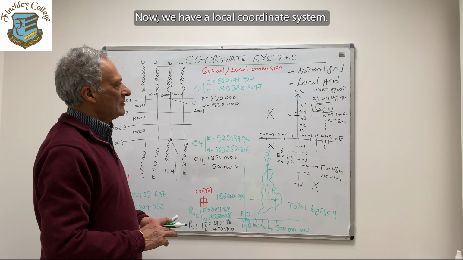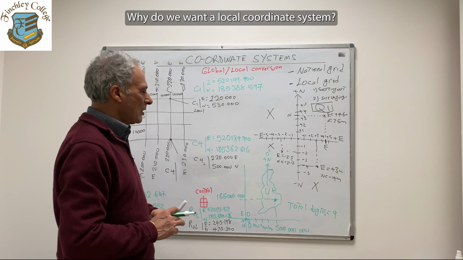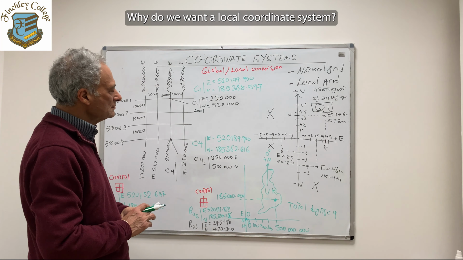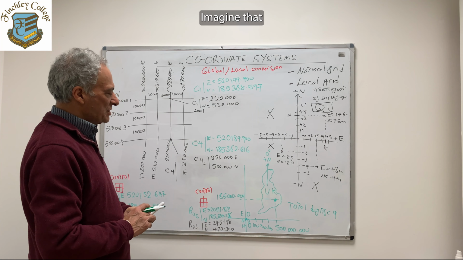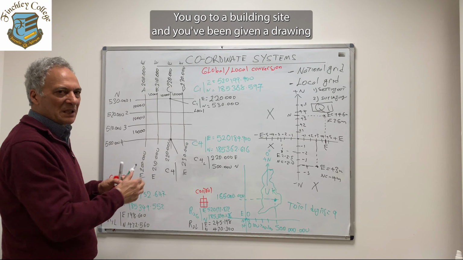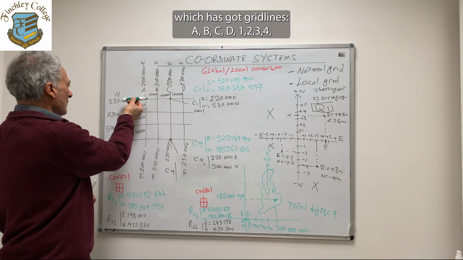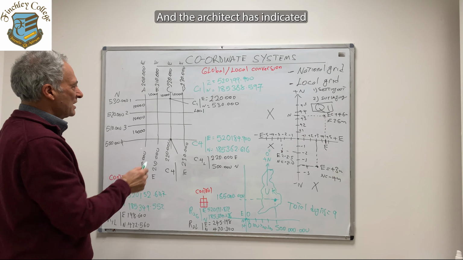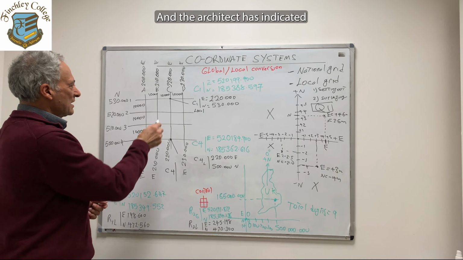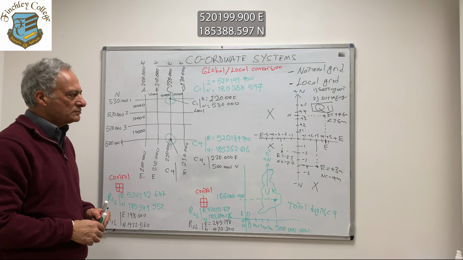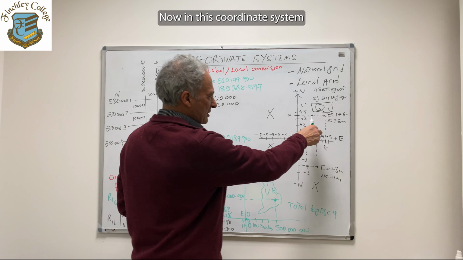Now, we have a local coordinate system. Why do we want a local coordinate system? Imagine that you go on a building site and you've been given a drawing which has got grid lines A, B, C, D, 1, 2, 3, 4. And the architect has indicated that this point and this point have these coordinates, which are national grid: 520,184, 185,362, 520,199, 185,388. Now, in this coordinate system,